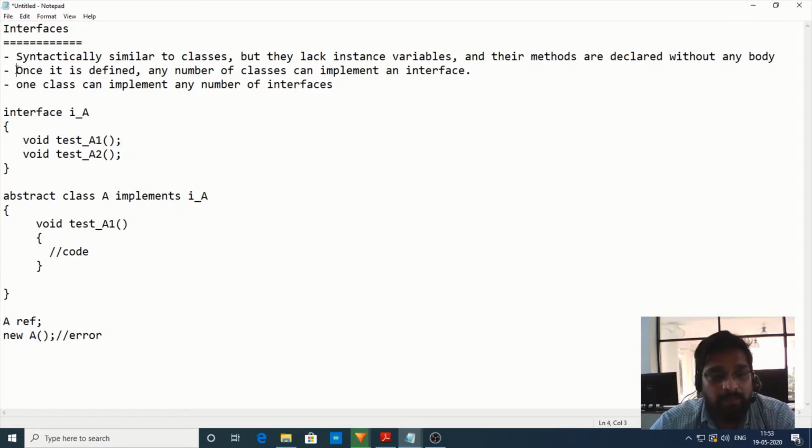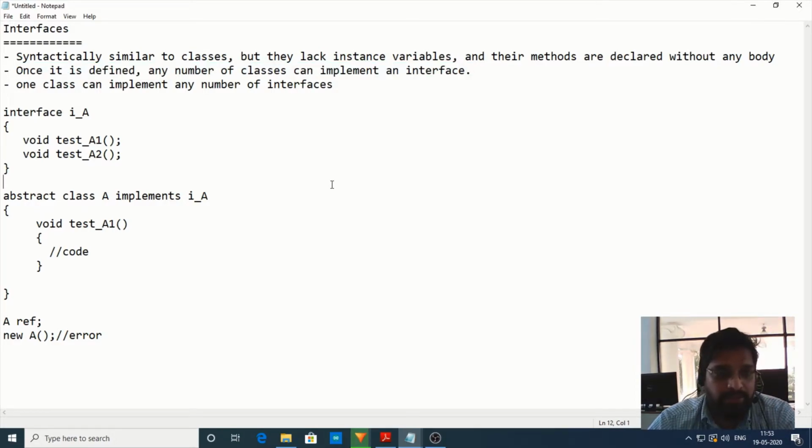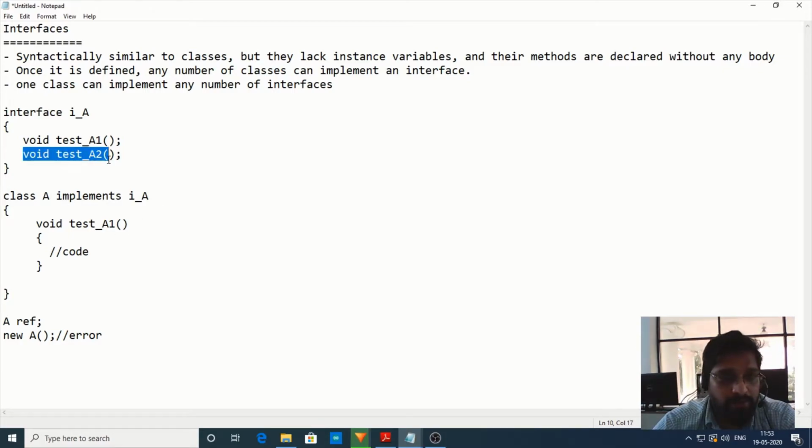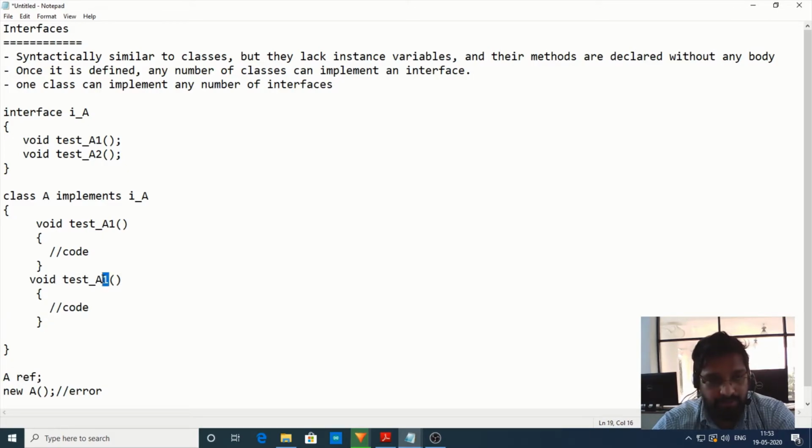Next. Once it is defined, any number of classes can implement an interface. So what it means: right now the class has implemented the interface called I_A. Before that, let me remove this abstract, and let me try to implement a2.